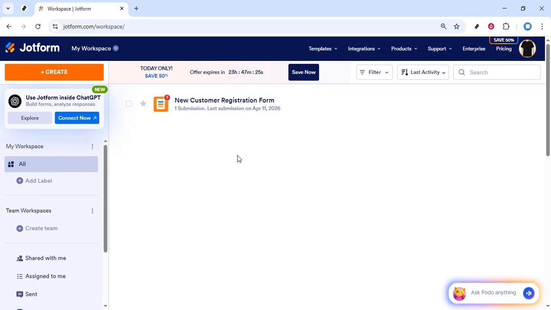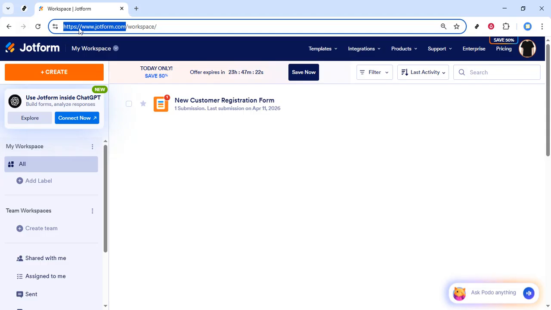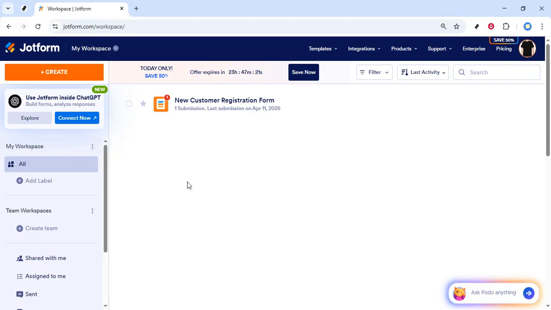your forms. First, open your web browser and go to jotform.com. You can type the address directly into the address bar at the top of your browser window. Once the homepage loads, make sure you're signed in to your Jotform account. If you're not already logged in, click the login button and enter your account details. After you're signed in, you'll be taken to your Jotform dashboard where you can see your forms and manage everything